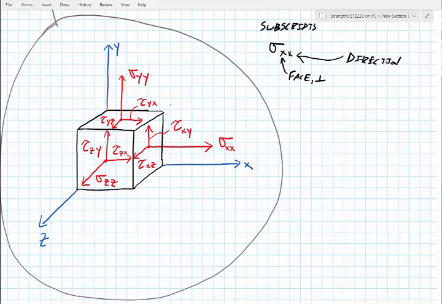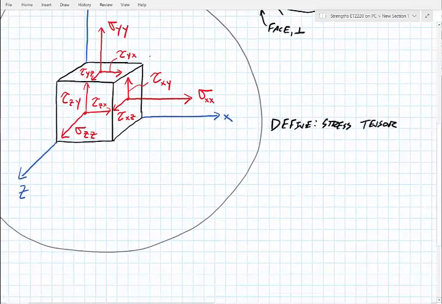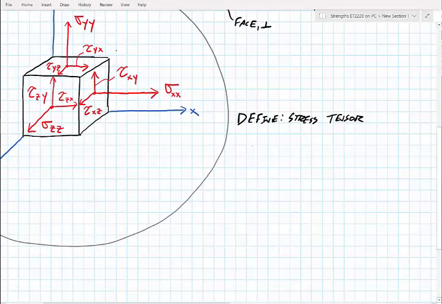So I need to figure out a way to represent all of these stresses, and this is where I am going to define this new thing called a stress tensor. A stress tensor is, in essence, like a matrix, except a tensor is one level up. And I'm going to have all 9 of these stresses in this stress tensor,